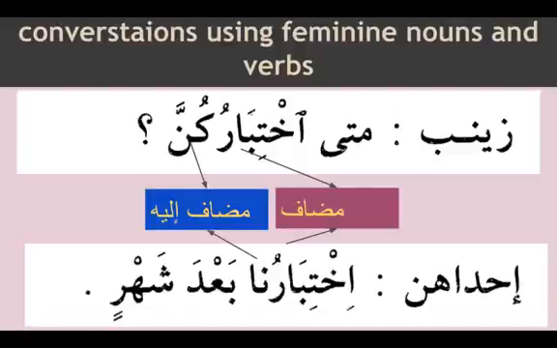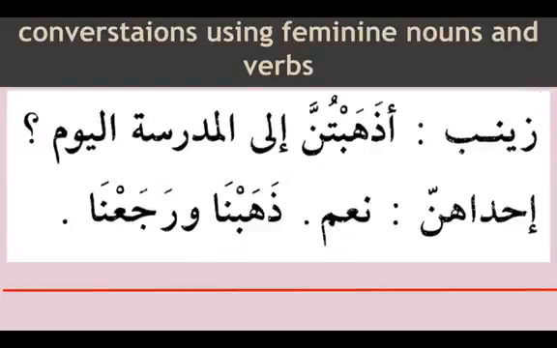Our examination ba'ada shahrin. Ba'ada is zarf, and what comes after zarf is mudaf ilayhi, which is shahrin. After a month. Shahr means month. So Zainab is asking azahabtunna. See, zahabtunna. This is a mutaharrik pronoun, antunna, in front of you women. So when a mutaharrik pronoun is attached, the lam kalima will get sukoon.